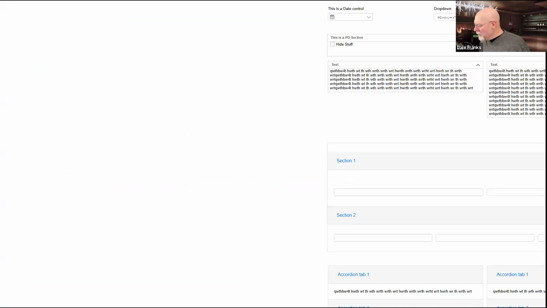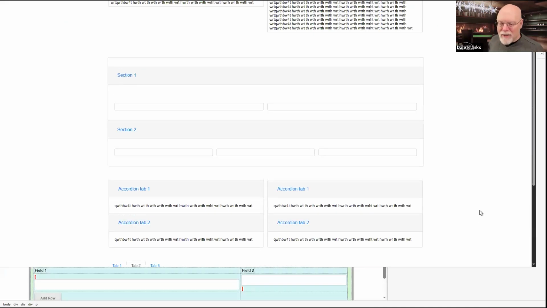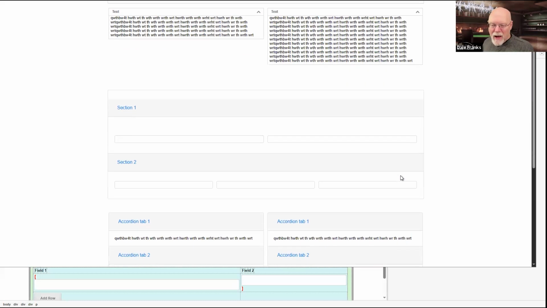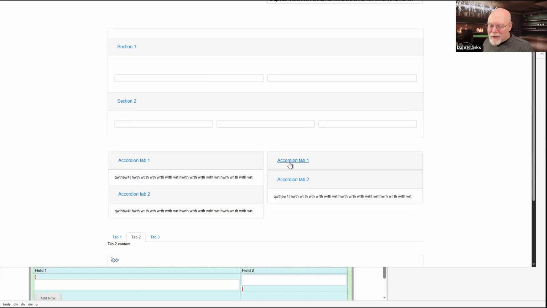So something that you may or may not like on these accordions is that whenever the form first opens, everything is fine. It shows me everything. But once I start playing around with these accordions, note what happens. It gets small here.